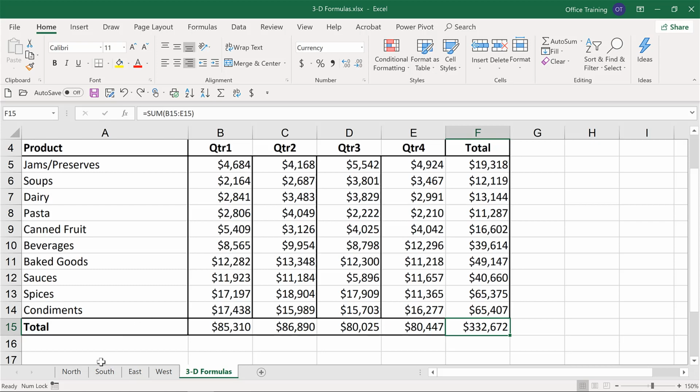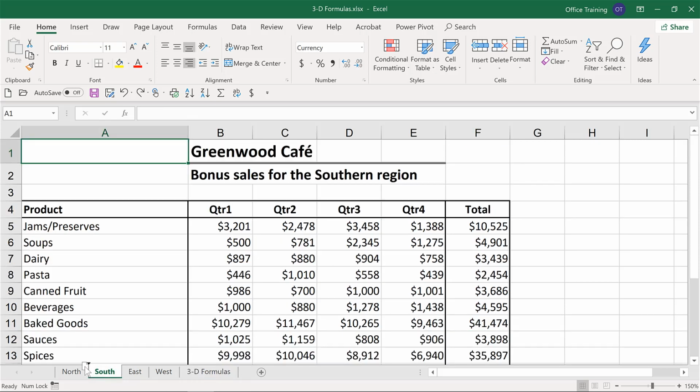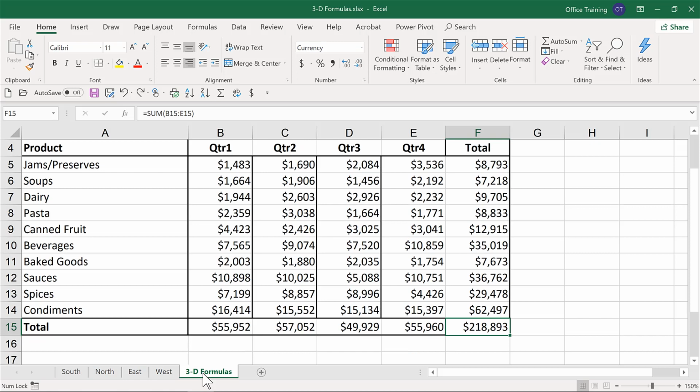So should we move, for instance, the south sheet and drag it outside of that range, perhaps to the left of north, and drop it in place, we still have a range of north through west, but it excludes the south values at this point. So that's one of the cautions if you find a place to take advantage